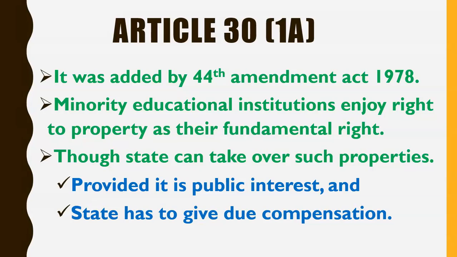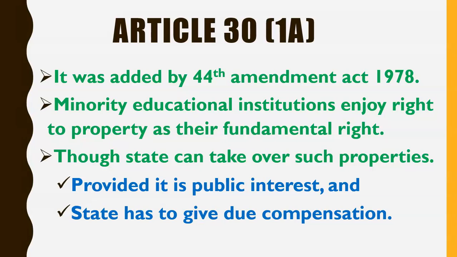Suppose I give you one example. Suppose friends, in any metro city, suppose in Delhi, a metro line has to be laid, and in between that metro line an educational institution is coming, and that educational institution is actually owned by a minority community, means that is a minority educational institution. Now definitely, as we all know, the metro cannot change its path, so now the state has to remove that educational institution from that place. So now it is in public interest. Why? Because it is in the interest of the public of Delhi. Because the metro is very important for transportation.